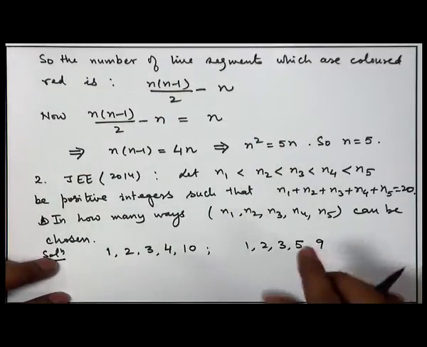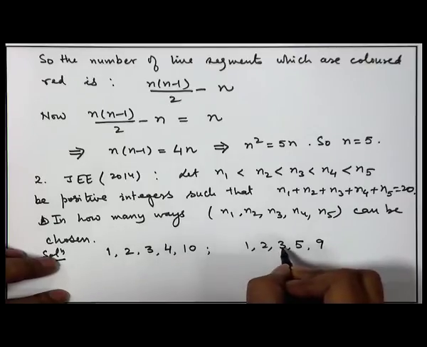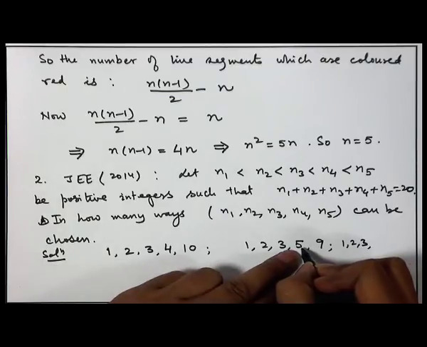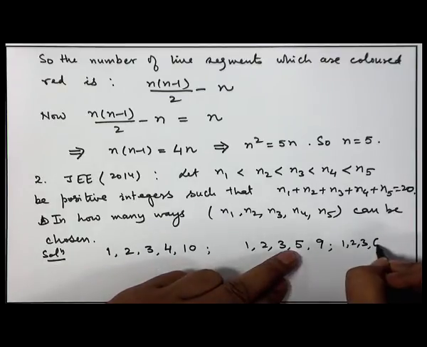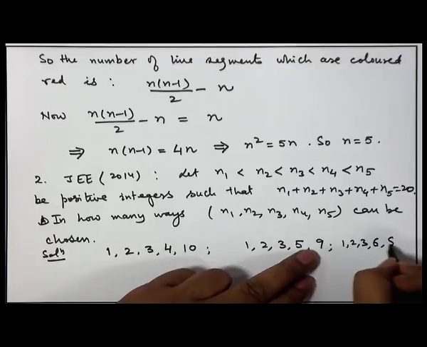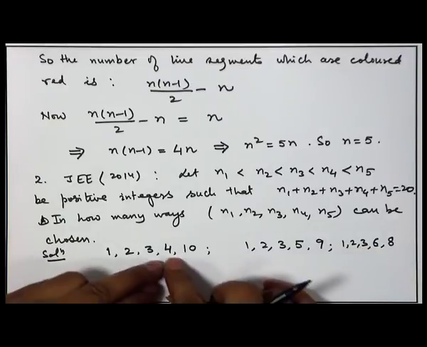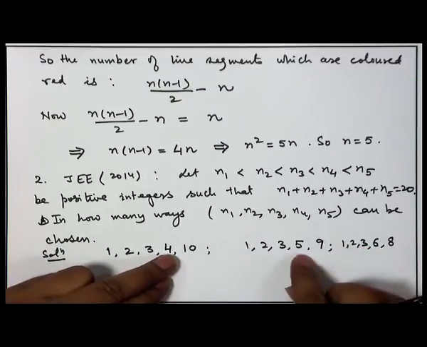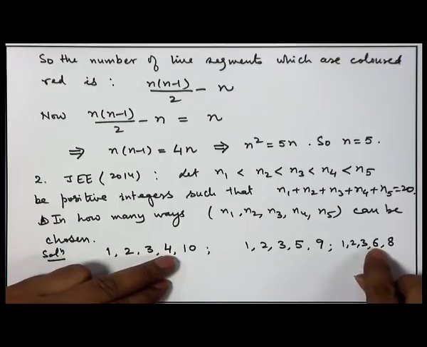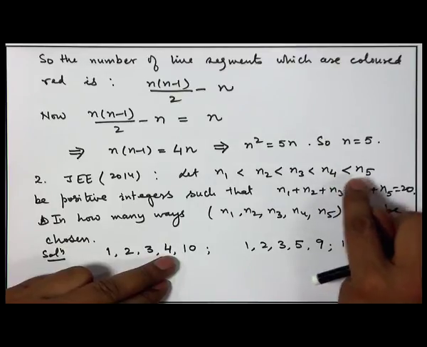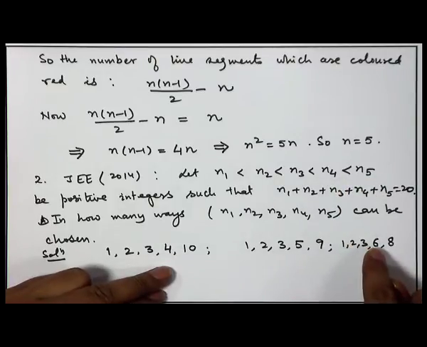Now, let us take another option. We still keep n1, n2, n3 to be the smallest, and I again increase n4 by 1, that is we make it 6, then n5 will become 8. Now, you can see with the smallest n1, n2, n3, these are the only possibilities of n4, n5, because in the next step, suppose I make n4 to be 7, then n5 will also become 7, which will violate the condition that n4 is less than n5. So, with the smallest value of n1, n2 and n3, we have 3 possibilities.